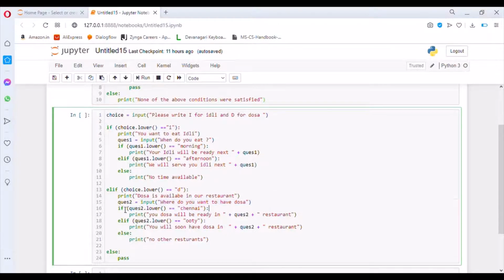So if the user will type Chennai as an input, it will first convert the input taken by the user into small letters using this, and then it will compare it with Chennai. If this condition will be satisfied, we will have this as an output. And if this condition will be satisfied, we will have this as an output, and at last we have the else condition. So let's run.